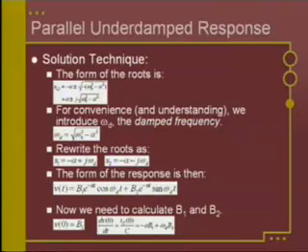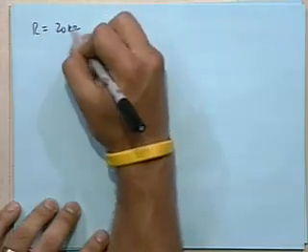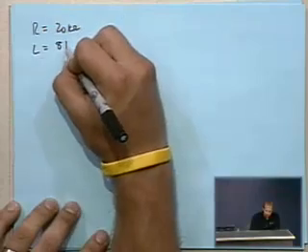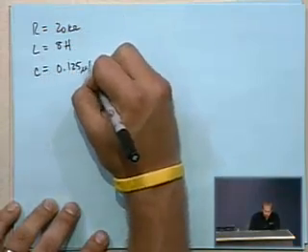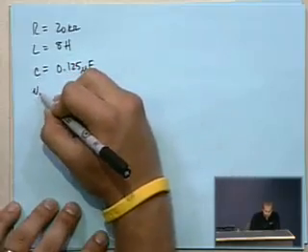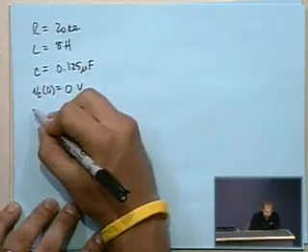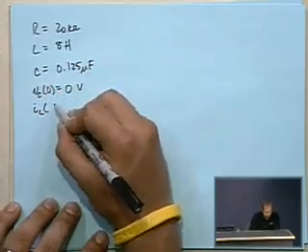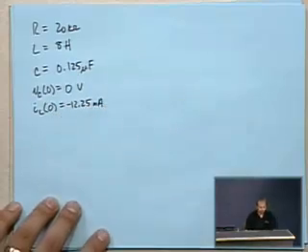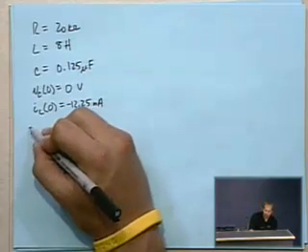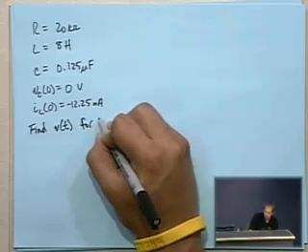Same parallel circuit. In this case, we have R equals 20 kiloohms, L equals 8 henries, and C equals 0.125 microfarads. We have an initial condition across the capacitor of 0 volts, and an initial current through the inductor of negative 12.25 milliamps. So that's our setup, and what we still want to find is the voltage with respect to time for time greater than